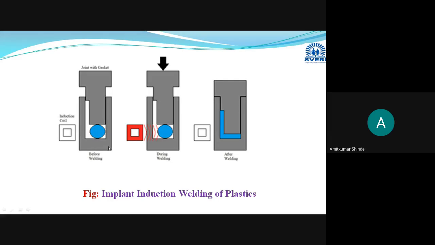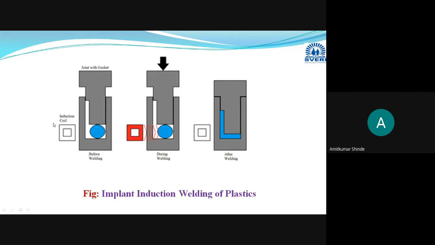Due to that heat, whichever electromagnetic adhesive material is taken here will start melting. With the help of this, some punch or plunger or other plastic part, this is your joint with the help of a gasket. There is one gasket we are joining here. With the help of it, this joint will be created. You can see here, this is the joint after welding. This is before welding.